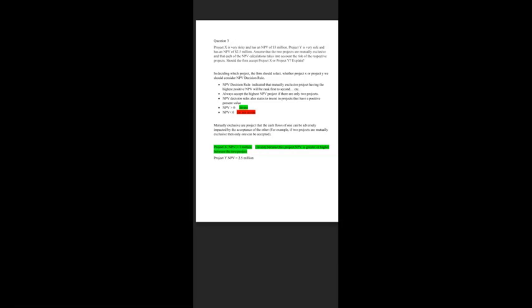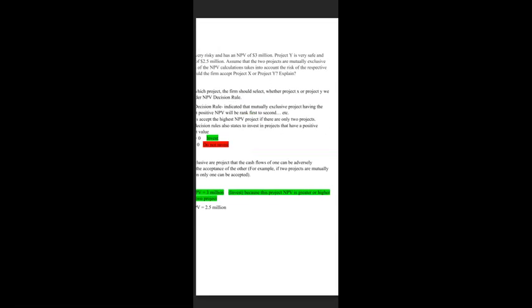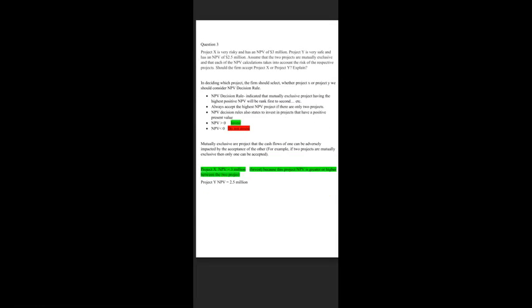Project X is very risky and has an NPV of 3 million. Project Y is very safe and has an NPV of 2.5 million. Assume that the two projects are mutually exclusive and that each of the NPV calculations takes into account the risk of the respective projects. Should the firm accept Project X or Project Y? Explain. All right, so in deciding which project the firm should select, whether Project X or Project Y, we should